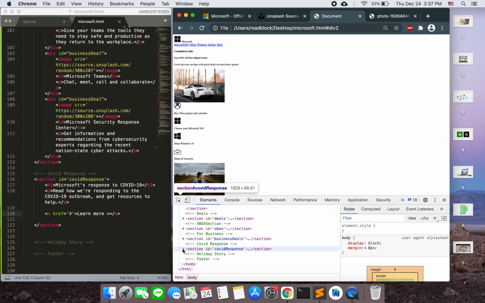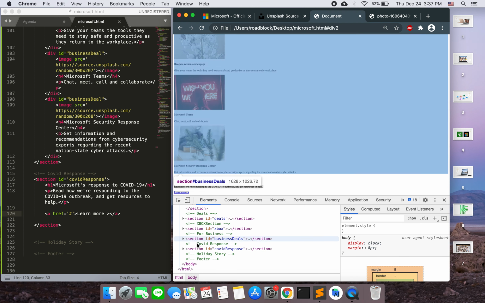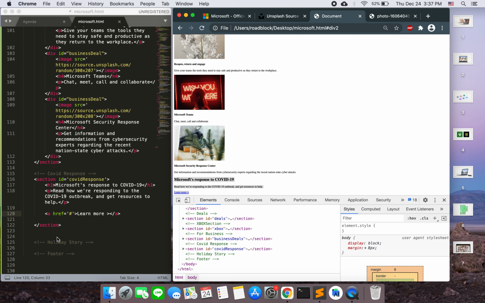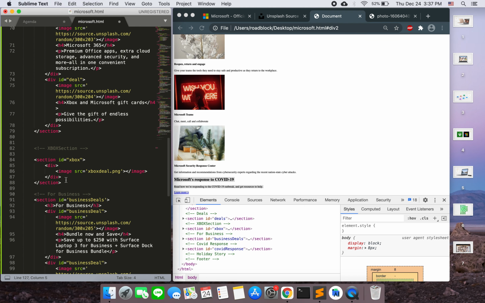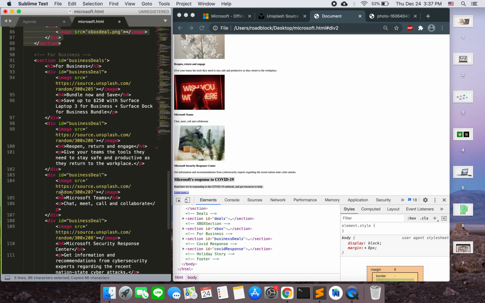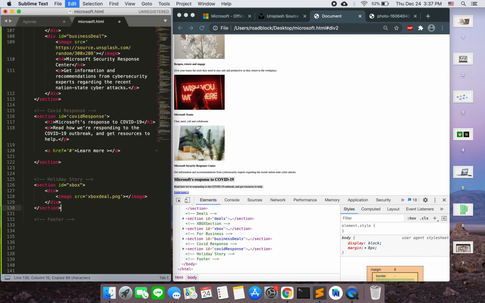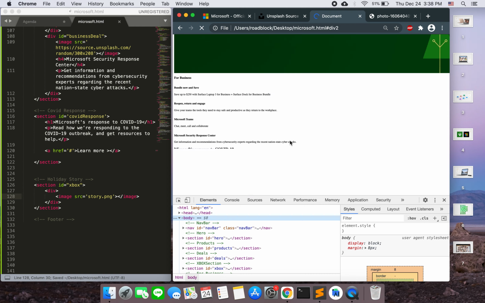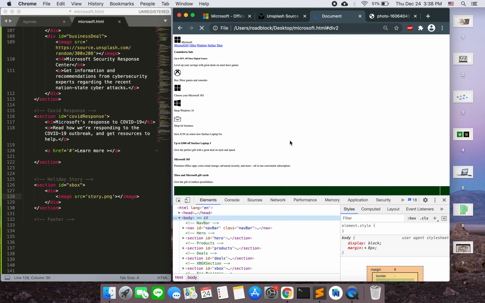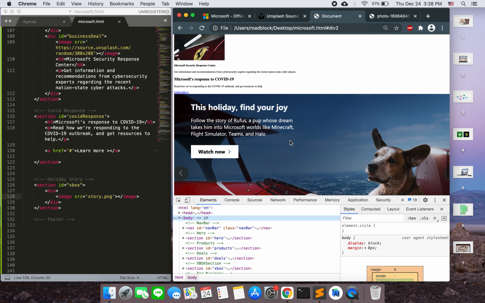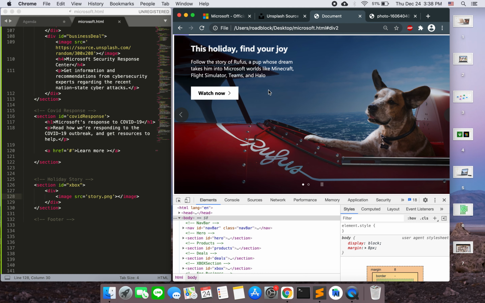And then even down to my COVID response section down here, we've got a COVID response. And finally, my holiday story. I'm going to copy the Xbox section because I'm just using the image here. So I can call this story. And we'll see what that looks like. Cool, now I've got my story. So I have all of this together. None of these links work. It's not an actual link. It's just an image or a picture. And finally there's a